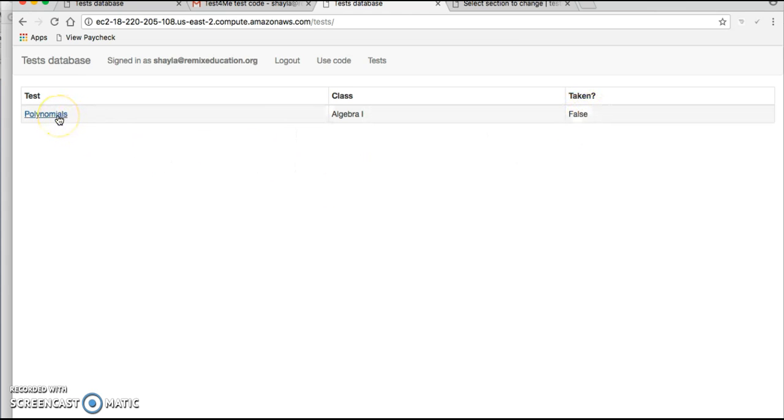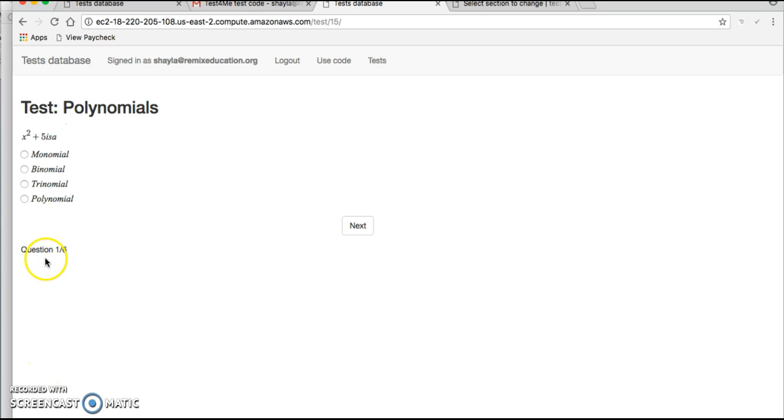They can click on it and begin. So as you can see here, the test questions are presented to the student, and the questions are ordered and fed through our algorithm and our system, which enables test questions to change based on answers that students get correct. So I'm going to go through this and just answer